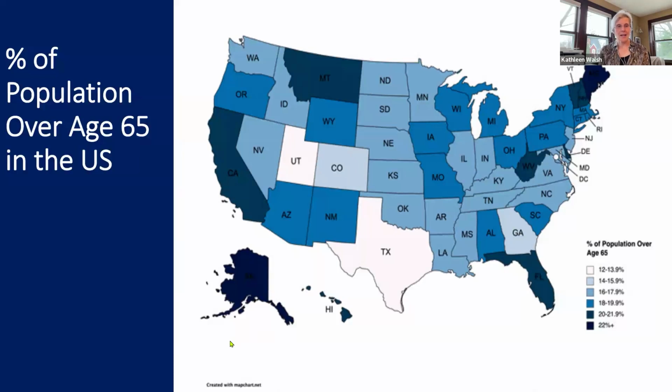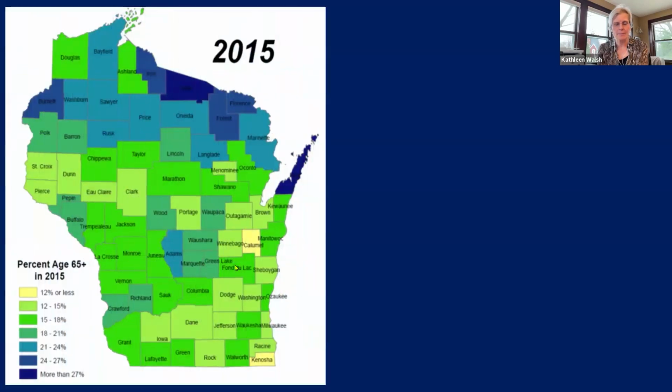So yes, the aging population in the United States. In certain areas of the United States, they're aging a little bit quicker than others. So the darker the color, the more people over the age of 65. And if we go to the next slide, Wisconsin, Minnesota, and Michigan are listed there. So in particular, Wisconsin, because I focus a lot on the aging population when I give talks throughout Wisconsin.